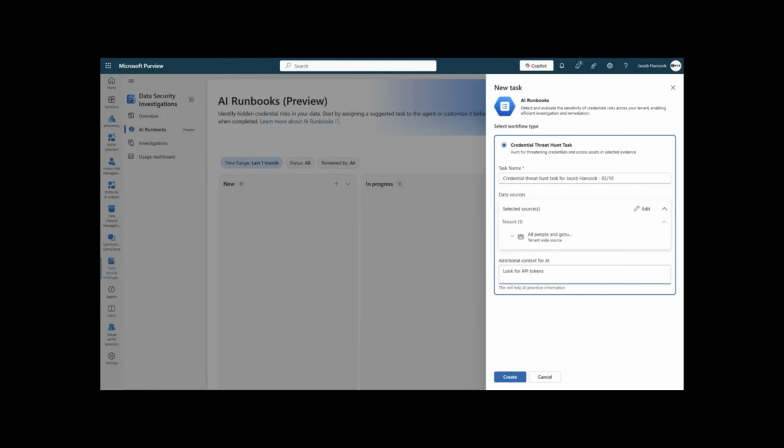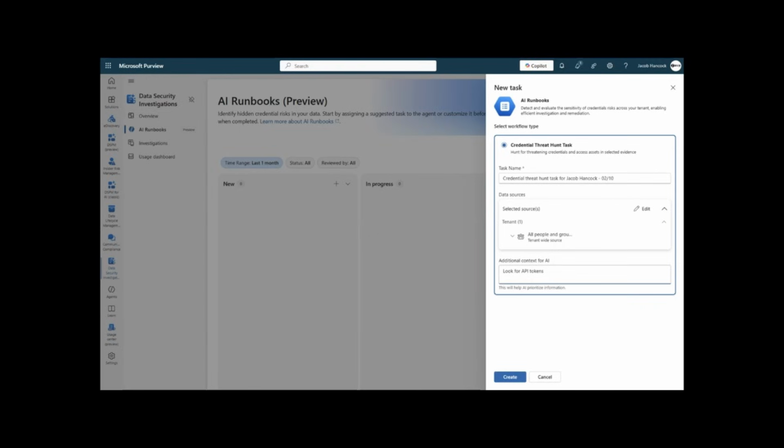So again, this is our same team that built DSI for humans to do an investigation at AI speed. Guess what? We already know, based on customers' questions or feedback, that I want to be able to go home at 5 and maybe let some agentic workflow hunt for risk on my behalf. And maybe I log back in later, or I come back the next day, and I want to see the same assessment that I demoed earlier by clicking through it. So here it's as simple as that.